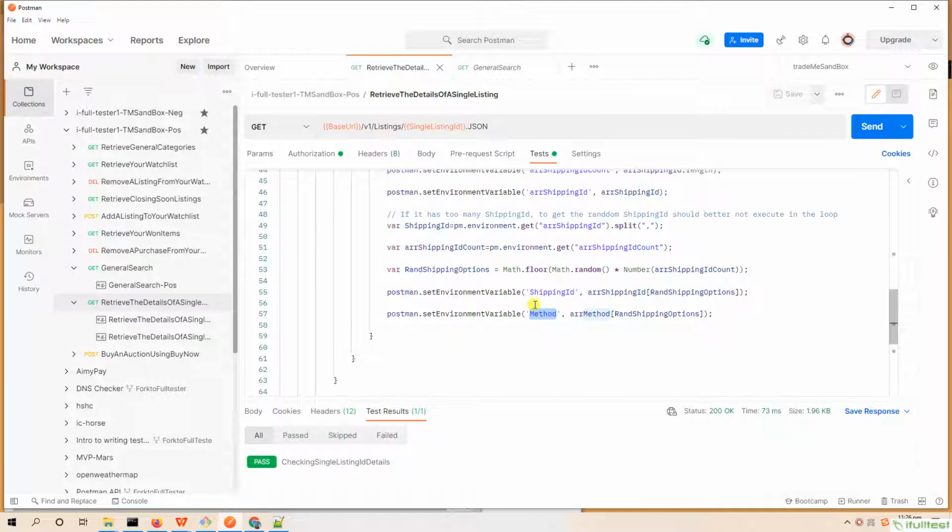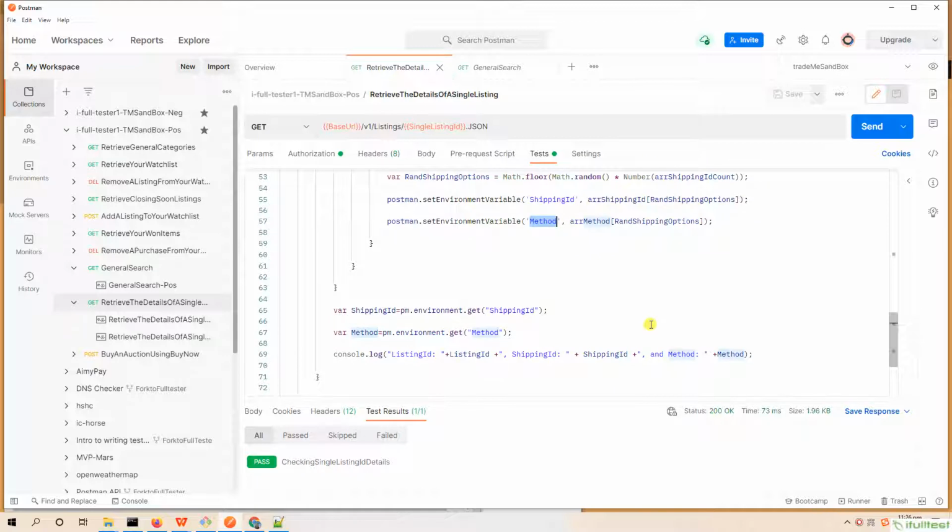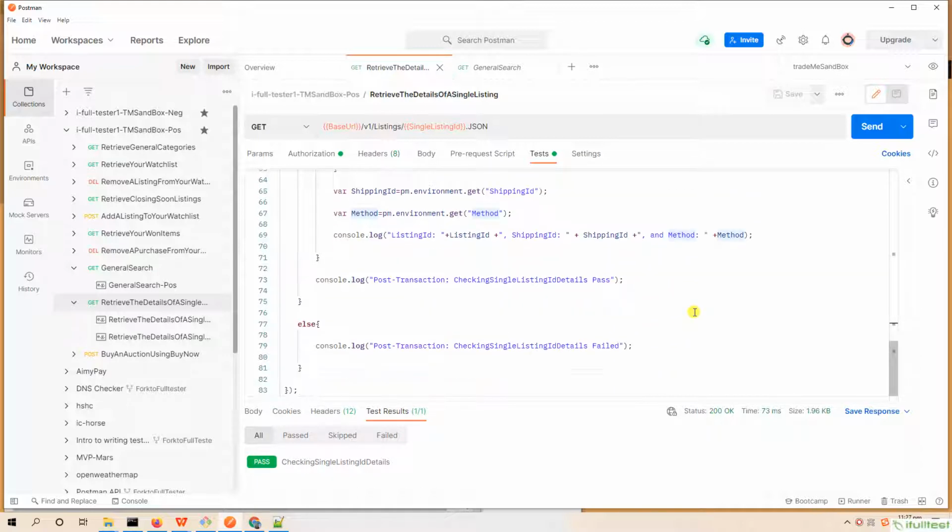Fourth, we set the shipping ID to an environment variable for later downstream API requests to use. Then we mark the final status of this transaction. Finally, enhance the script and extend other negative cases.